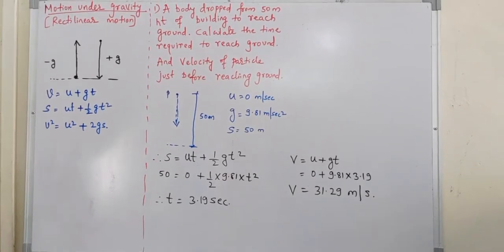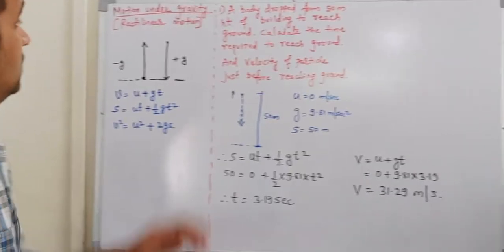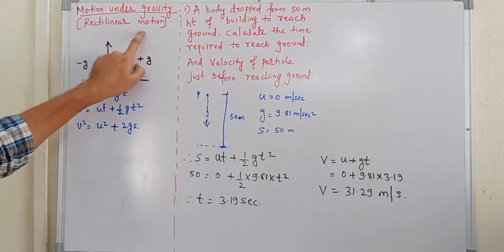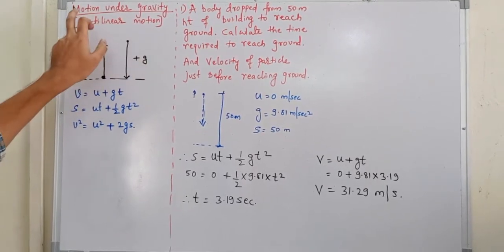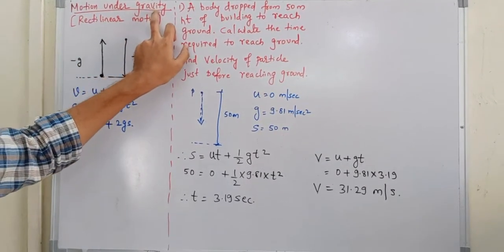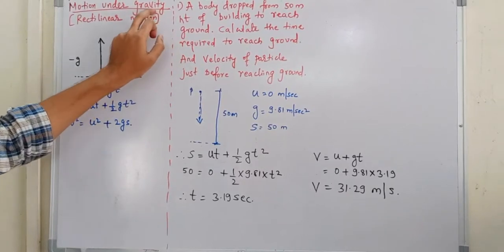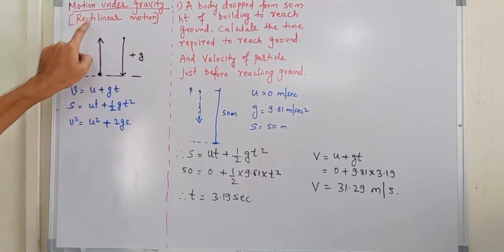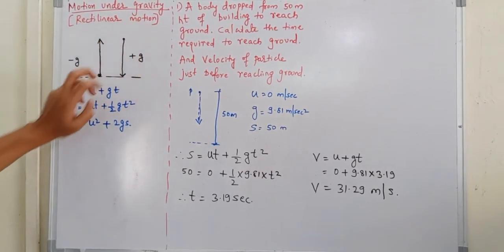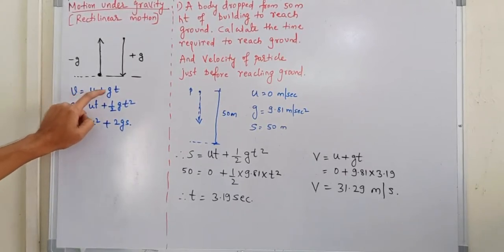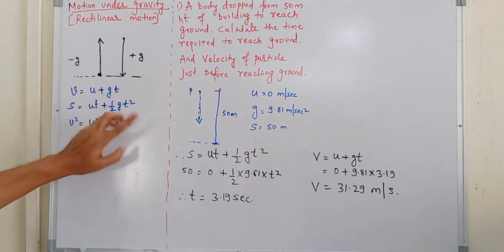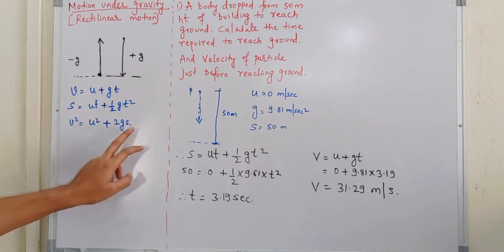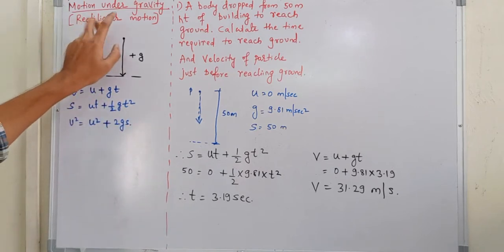Welcome all of you to the next lecture on rectilinear motion, wherein you will be studying motion under gravity. Now, already I have come across equations of rectilinear motion. These are v is equal to u plus at, s is equal to ut plus half at square, v square is equal to u square plus 2as. So when a body is under motion,